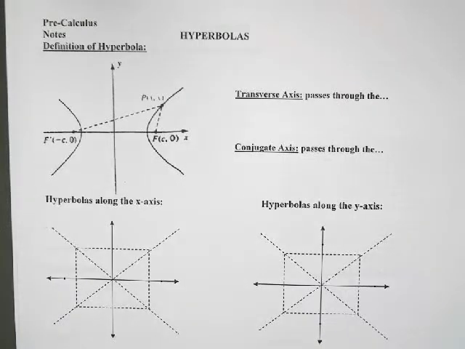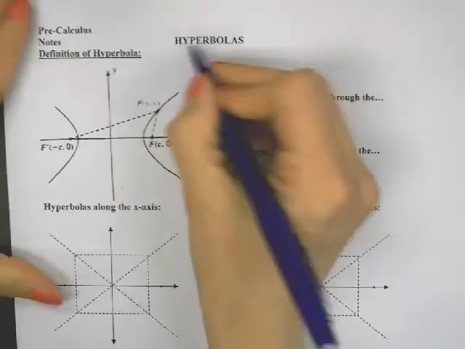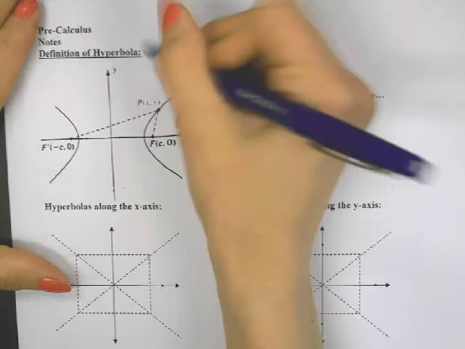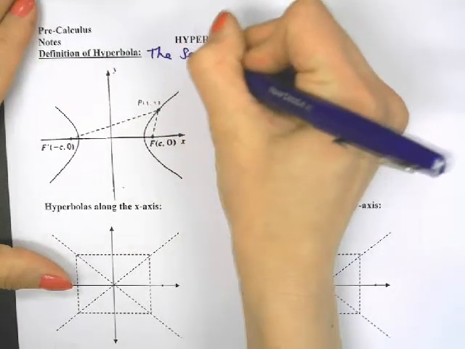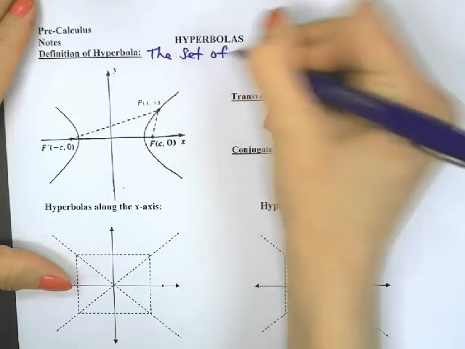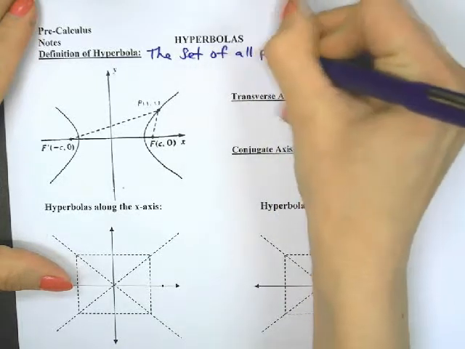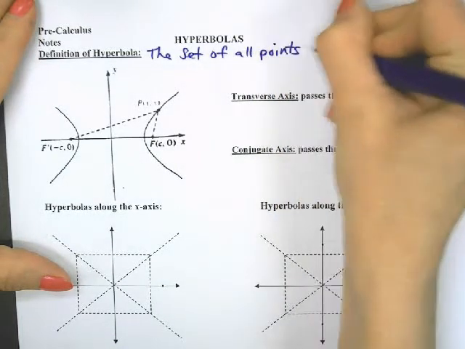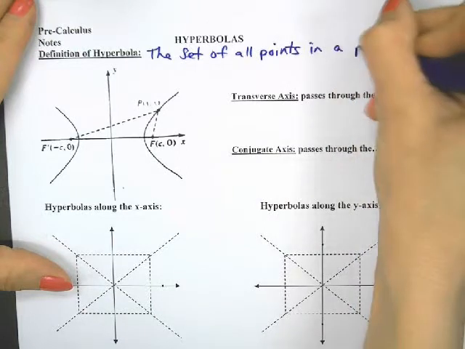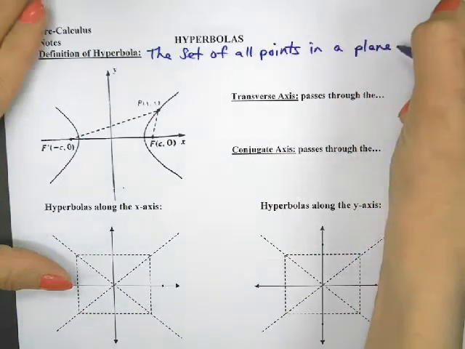We are now going to move on to the next conic section, which is hyperbolas. The first thing we're always going to do is write down the definition. Definition of hyperbola: the set of all points in a plane,